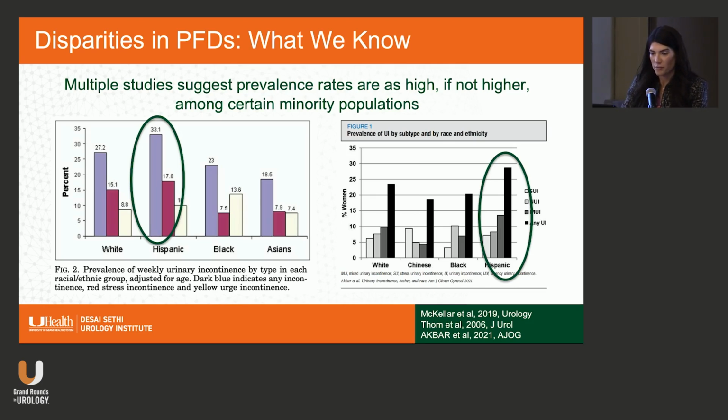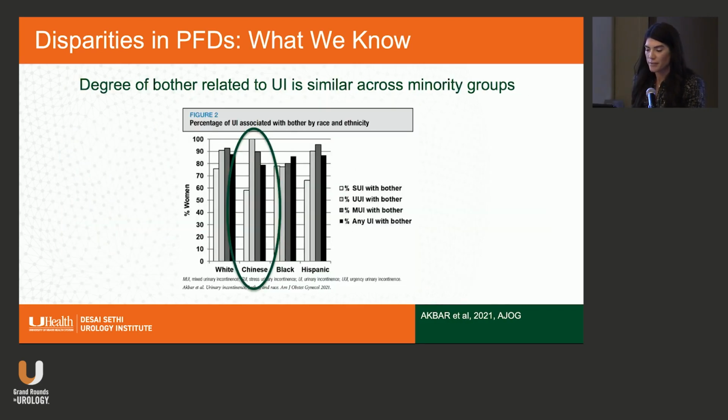But 33% of patients have urinary incontinence in general for Hispanic ethnicity compared to white, and that is across the board with other research as well. Among the Chinese population, there's also similar bother related to urinary incontinence, but a little bit different as well, and